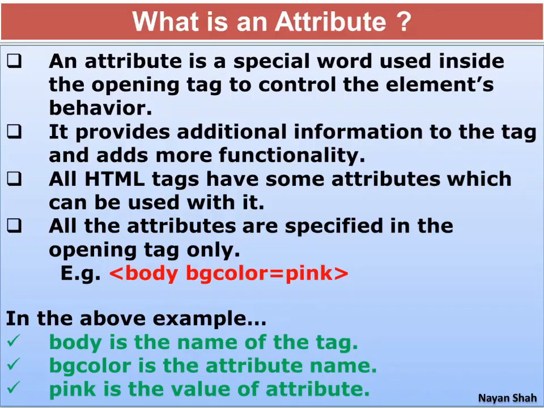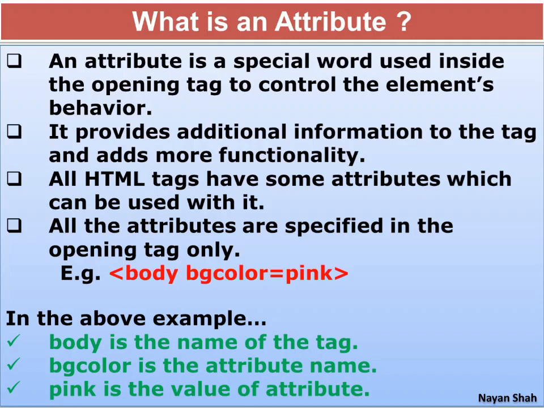Before that, there is one point to understand, and that is you need to know what is an attribute. Now, what is an attribute? An attribute is something like an adjective in the English language. Like in English, any adjective adds some more meaning to the noun. If I say tall building, then tall is an adjective and building is the noun. That word tall adds more meaning to the building, and we understand that the building is tall,